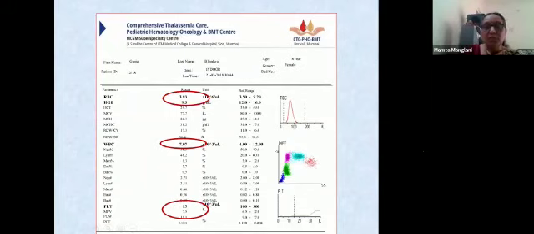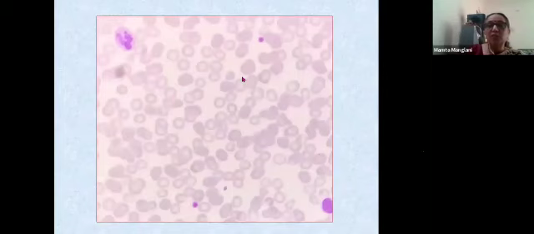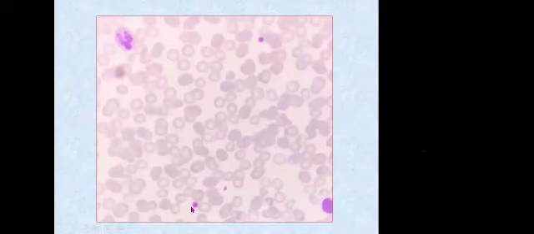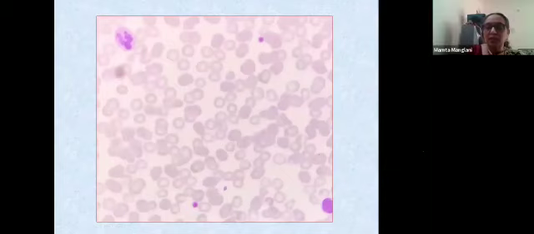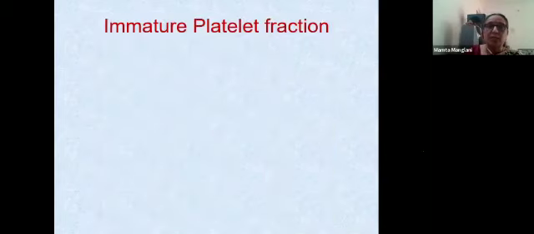So you have to rather look at the smear. And what does the smear show? It shows large platelets. This is the actual smear of the same child showing large platelets. So when platelets are large and the patient has otherwise normal morphology, with neutrophils, lymphocytes, everything fine, and she's a healthy child, our diagnosis is obviously ITP.